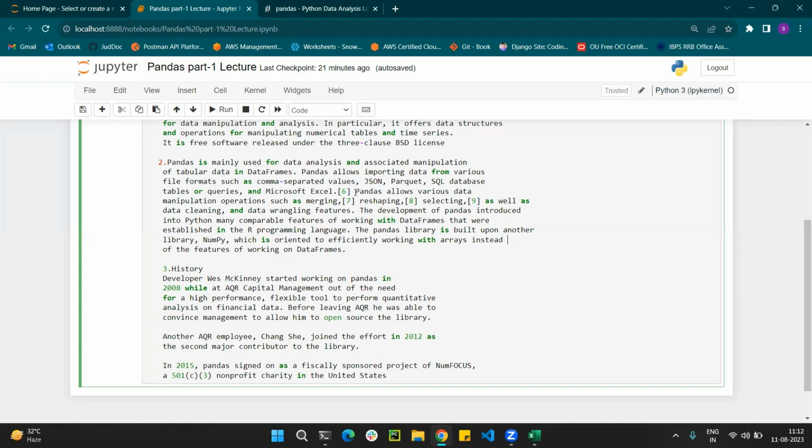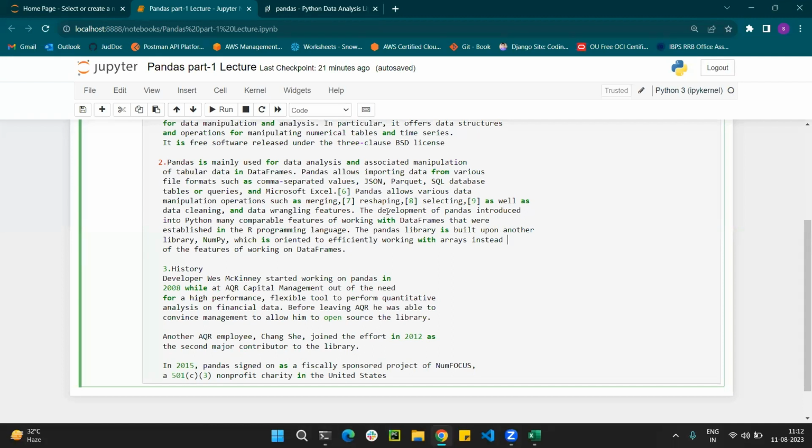Data wrangling is nothing but operations over the DataFrame: which data will be missed out, which data will be lost, which field may be null, which field may be duplicate. In this type of situation, you convert this data by the operation of data wrangling. So Pandas is well known and well suited for doing this work.